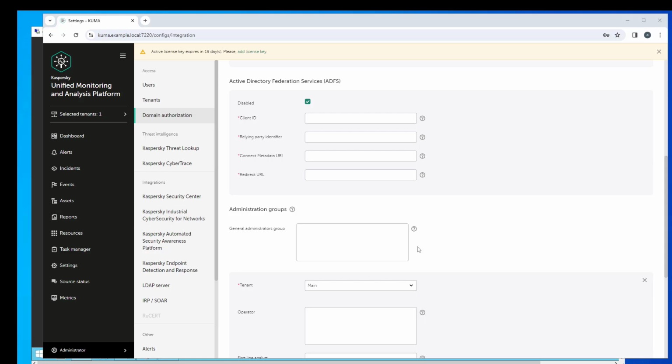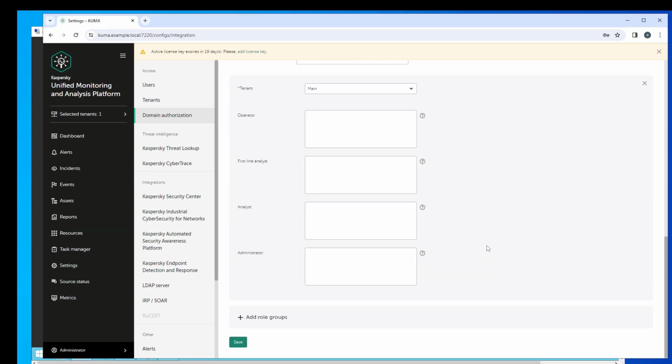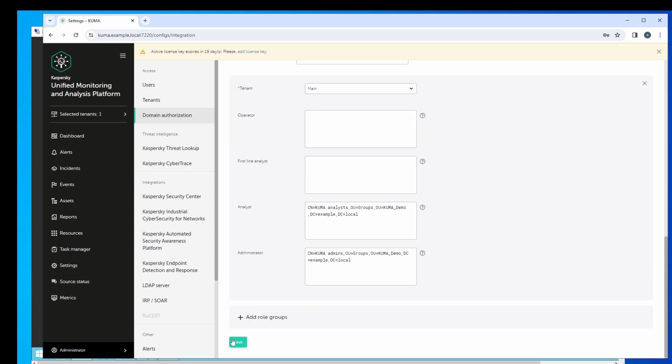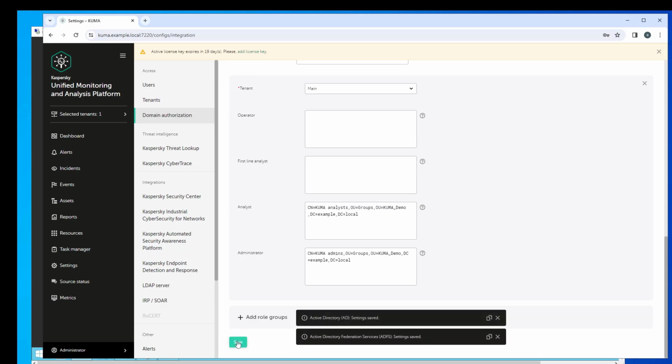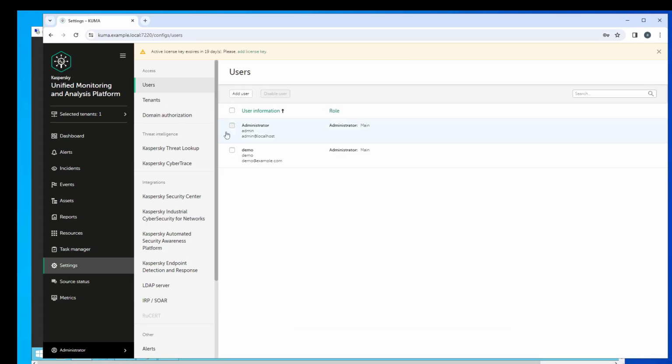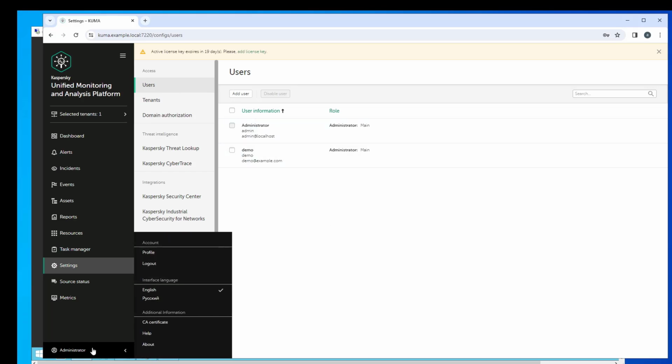Each tenant can have groups of their own. So this means that you can have multiple groups from multiple different tenants with their own permissions. So let's see how it works. Please note that KUMA currently has only 2 users. If I log off and I authenticate with domain credentials,